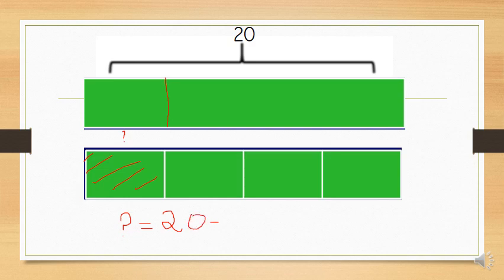Split into 4, 20 divided by 4, because we've got 4 quarters, we want to find 1/4. Okay, so we're going to do something equals 20 divided by 4. How many 4s are there in 20? And we know that there are 5. 5 4s make 20. So we can work out that each of these quarters,